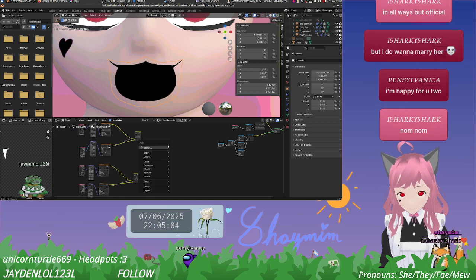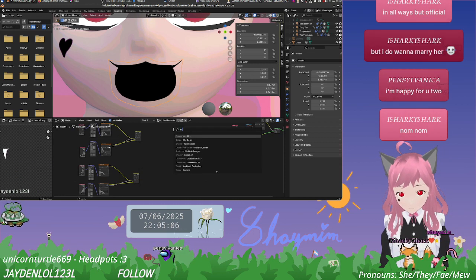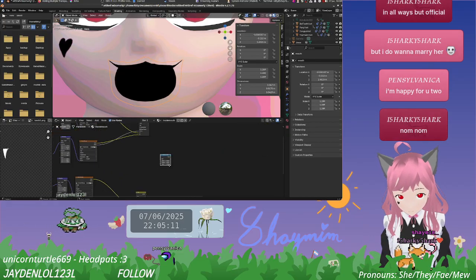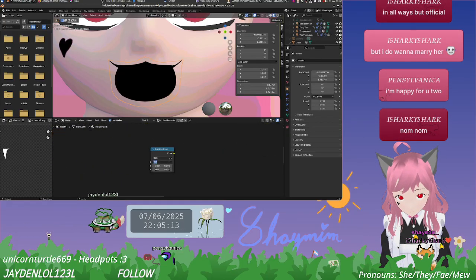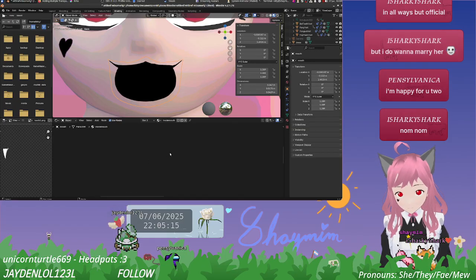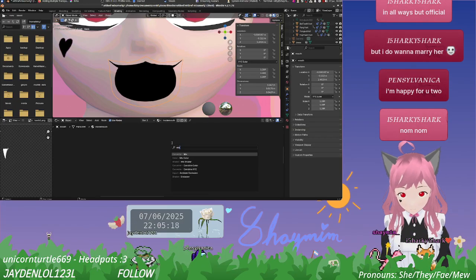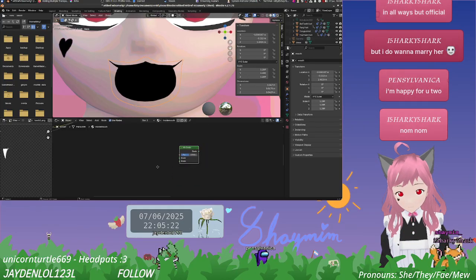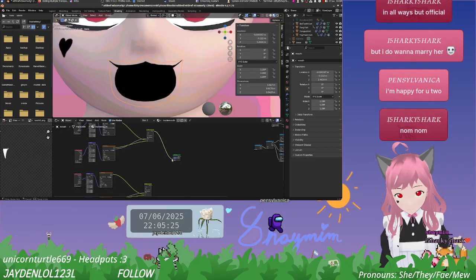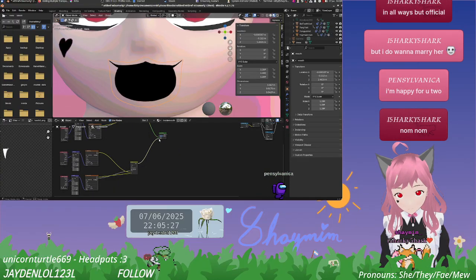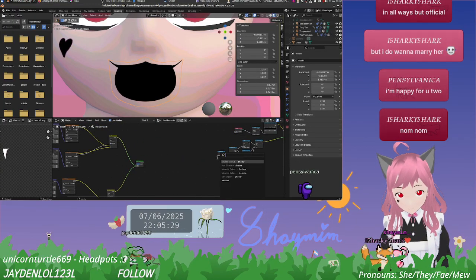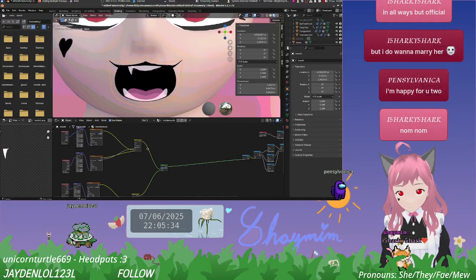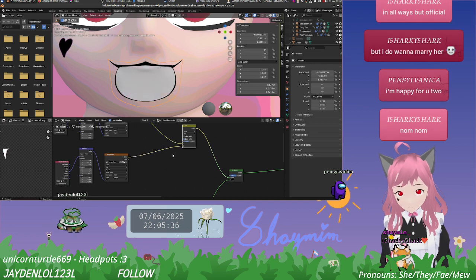Okay, so what happens if I get a mixed shader? Maybe a combined color is what we want. No, it is not. I wonder if I'm allowed to use these for a mixed shader. It'll probably be the exact same thing though, wouldn't it? Okay, what if I just leave out the transparency entirely?